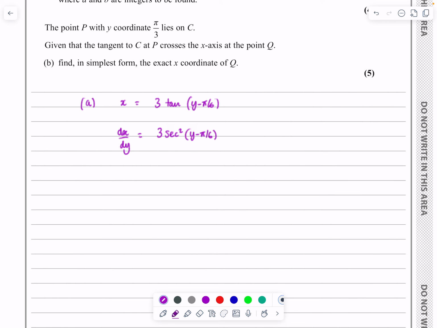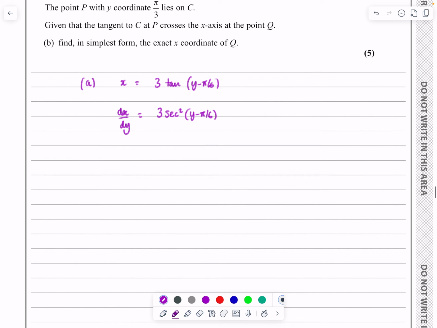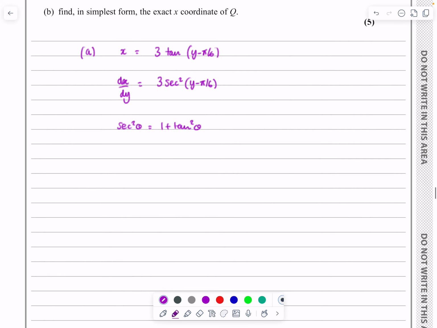The one thing that we know, or the two things we know: tan differentiates to sec squared, but also there's the identity that sec squared theta is 1 plus tan squared theta. So over here, where we've got 3 sec squared (y minus pi over 6), I've got dx by dy then is 3. Instead of calling it sec squared, call it 1 plus tan squared, 1 plus tan squared (y minus pi over 6). So if I look at the top here,